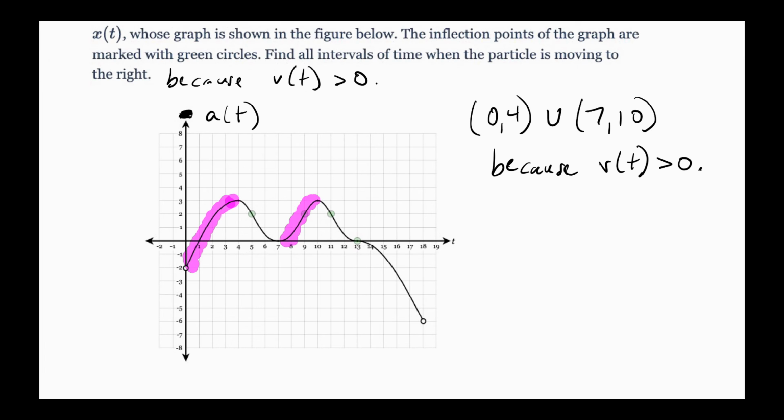Okay. What if I did this and said that's the acceleration graph? Where is velocity going to be positive? How would I do that? On the positive when it's concave up. Let's see when it's concave. Yeah, that's one way you could do it, where it's going to be concave up, right? Because if it's concave up,